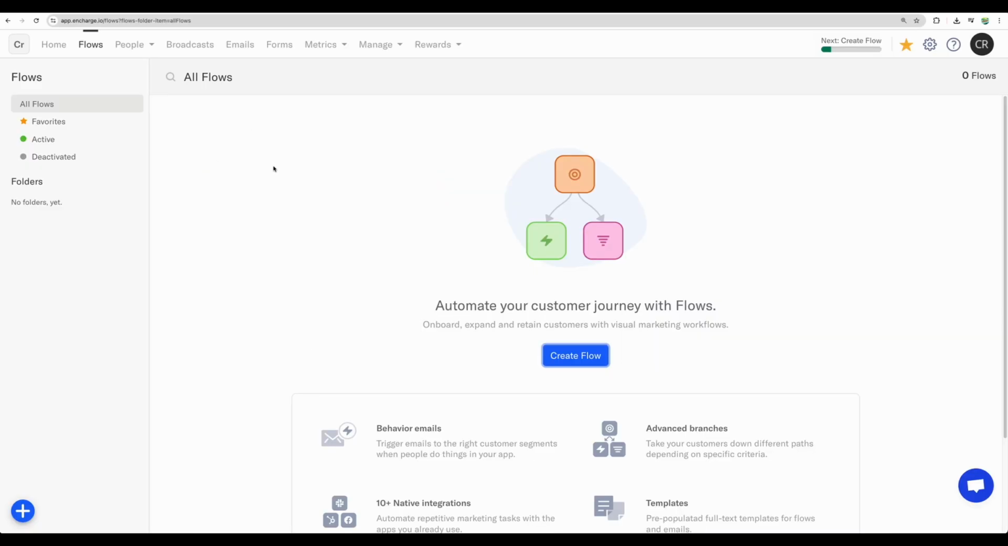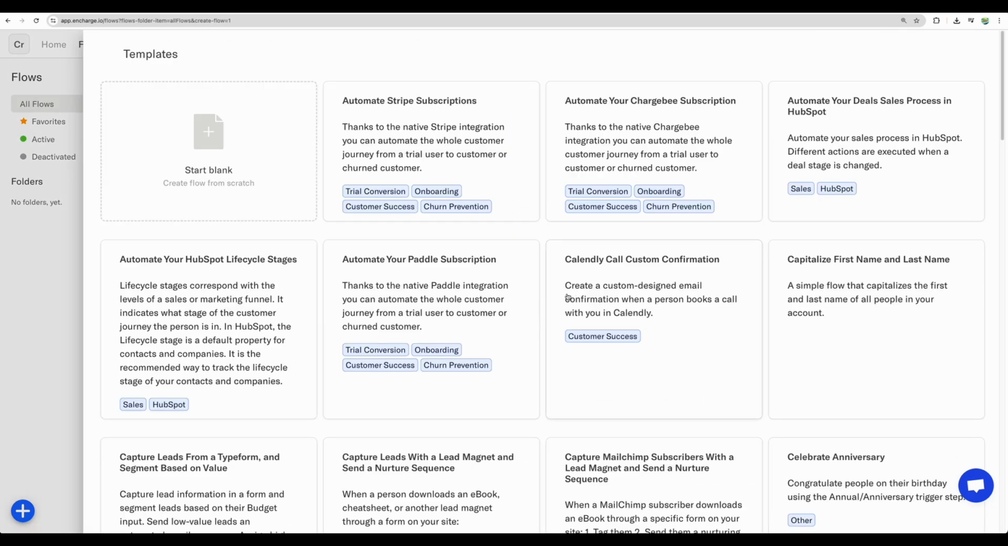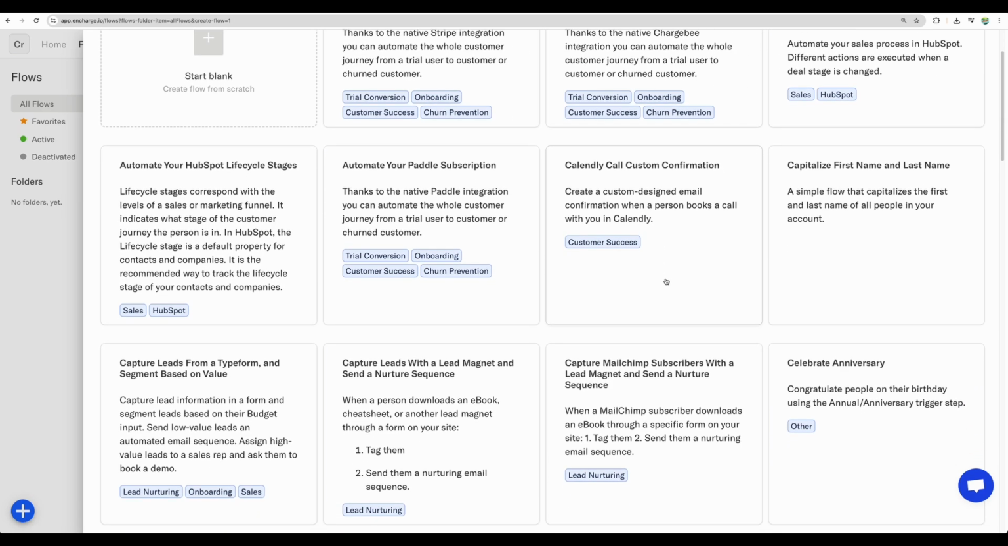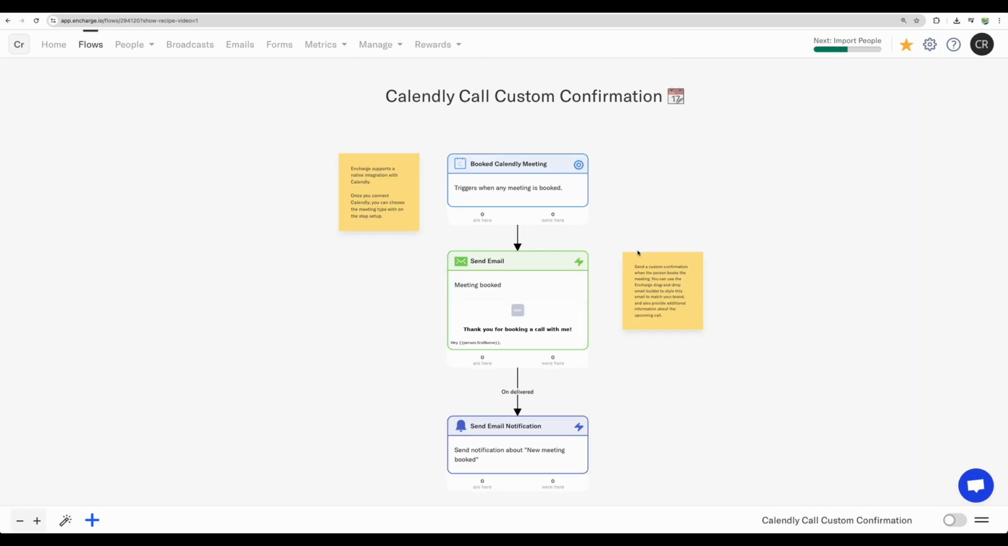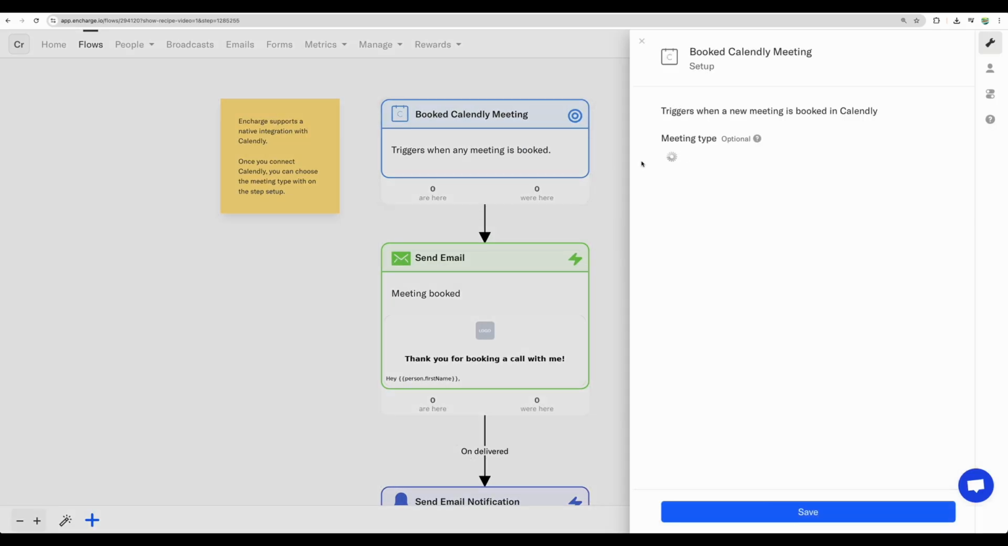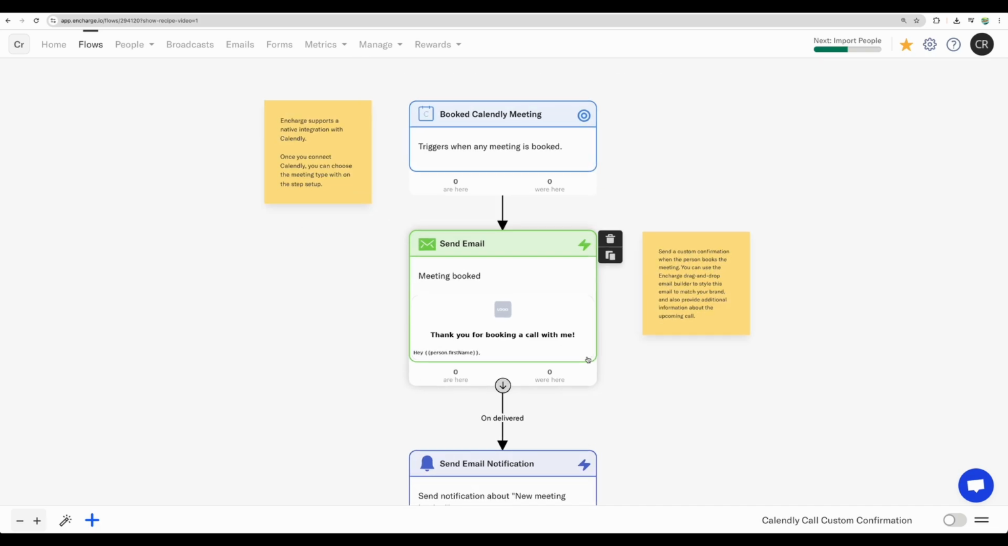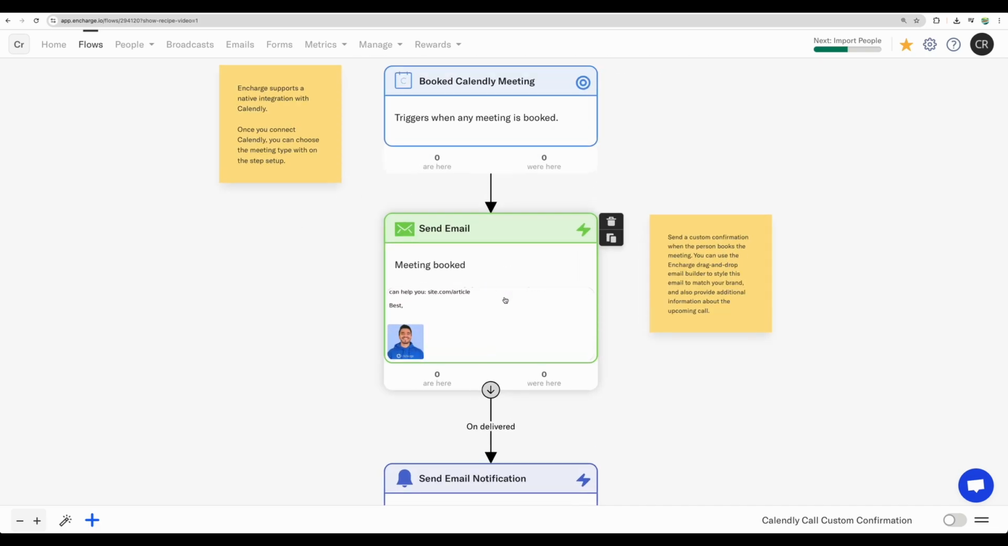Okay, so let's take a look at the flows functionality. And let's create a new one. And what I like is that you have a lot of pre-built templates. So maybe let's start with a simple one, Calendly confirmation. Let's see what we can get here. So as a trigger, we have Calendly meeting, and you can get email notification,